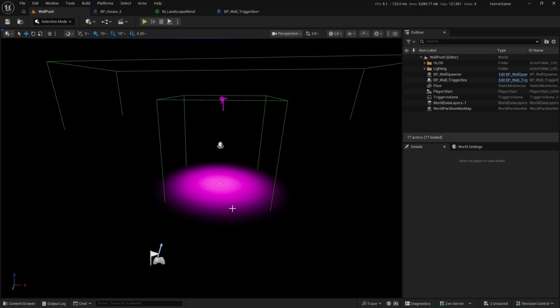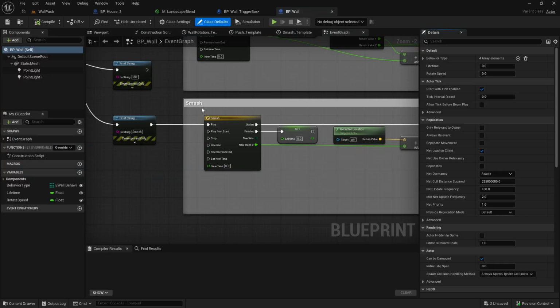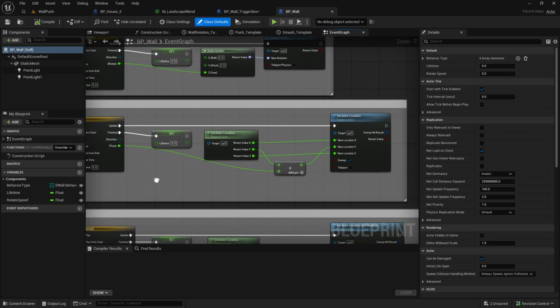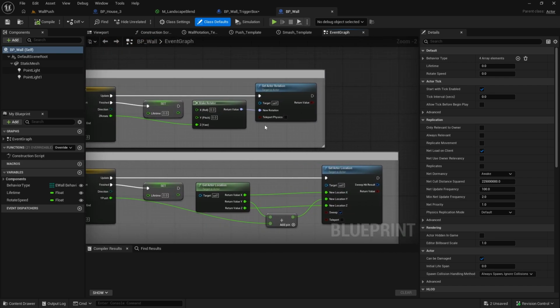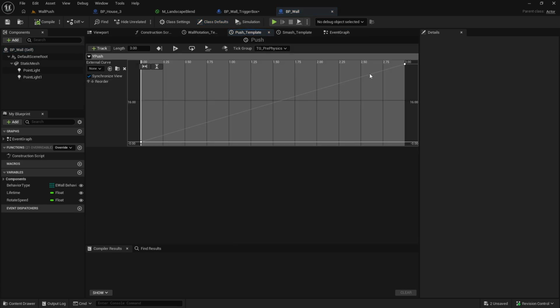Additionally, I had gone back to that horror project, and I set up the other behaviors to the wall. So I have push here that's essentially the same thing as the rotate, except push, keep, slope, and then